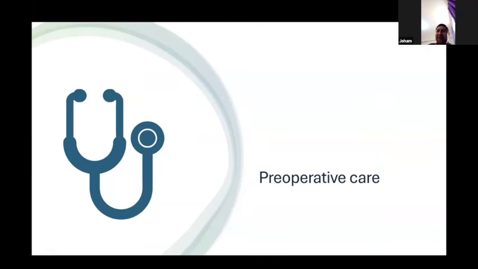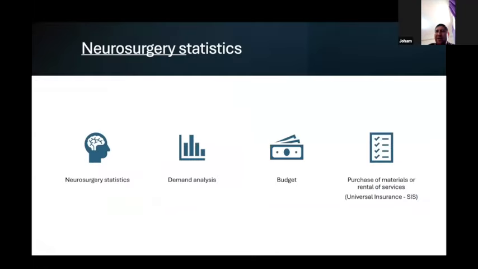So what I faced when I arrived here, I classified in three different stages: the preoperative care, the intraoperative care, and postoperative care. In the preoperative care, we could face that there is a lot of lack of statistics. We didn't know which kind of diseases are most frequent. For sure, brain trauma was so frequent,